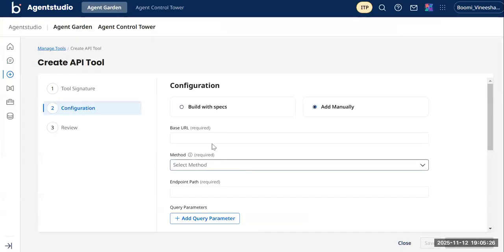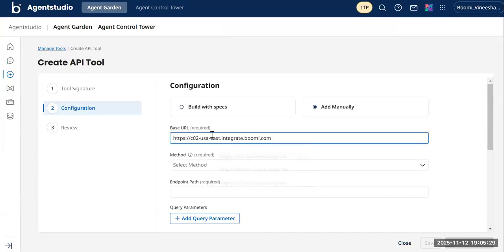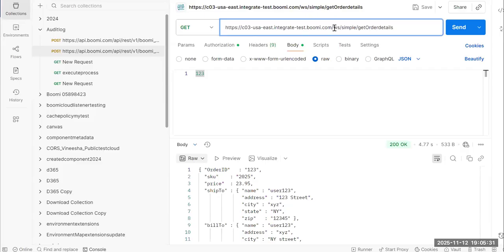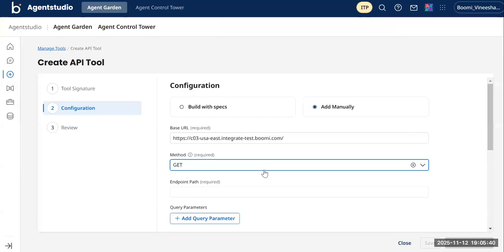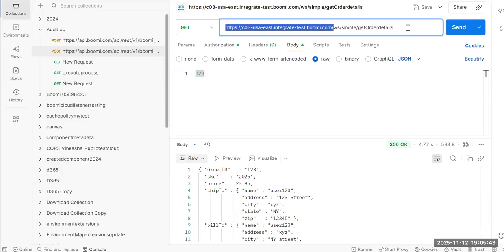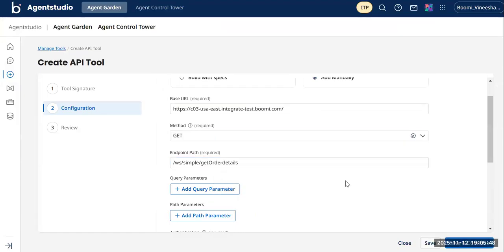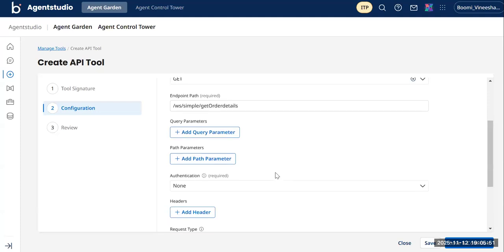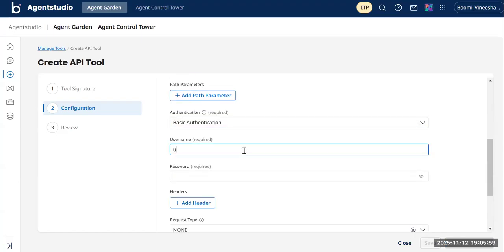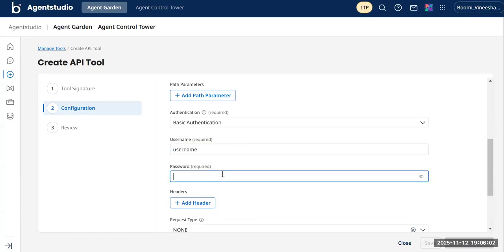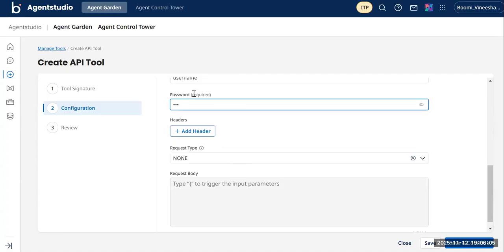Okay, so back to the configuration. So you will need the base URL. So this would be my base URL. And the method would be get. Endpoint path. So this would be my endpoint path. You can add a query parameter or path parameters if you want. I'm going to skip it for now. And the authentication, in my case, it is basic authentication. So you can enter your username and password. Okay. Once that is done,